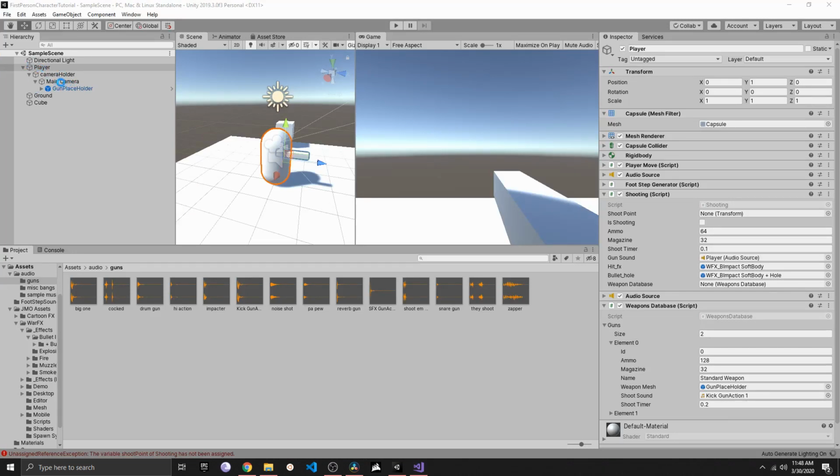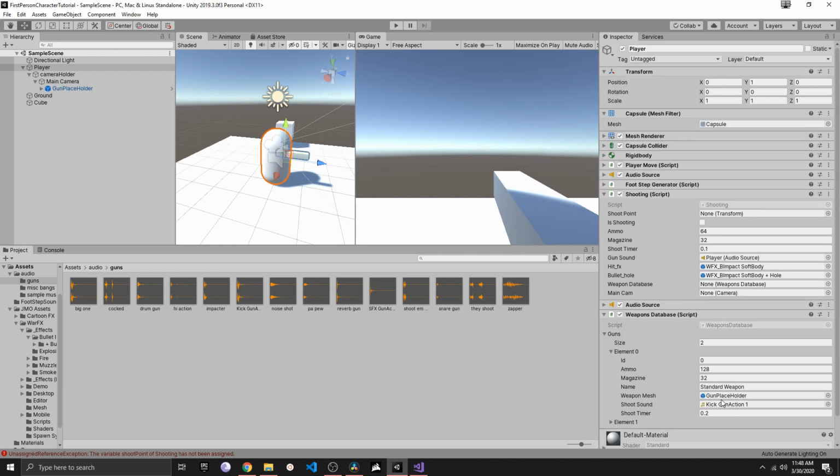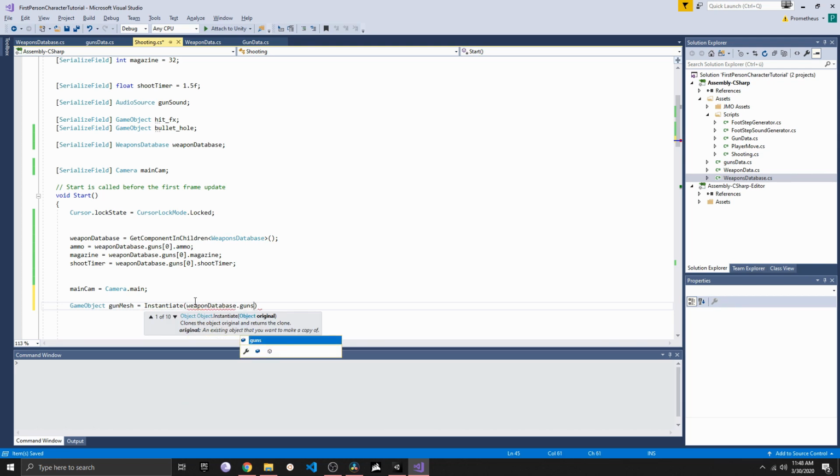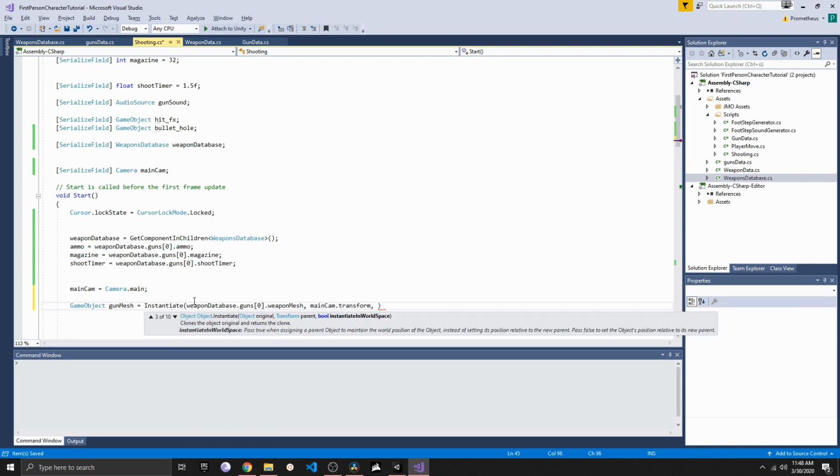And then what I want to do is instantiate the mesh that we have attached to our weapon database and attach it to the main camera, okay, so that we can dynamically render meshes. So that's actually straightforward. What we need to do is say GameObject gunMesh and make this equal to Instantiate, and then we need to grab the weapons data guns weapon mesh, and we want to instantiate this somewhere. Okay, so I want to say main cam transform, and then we also need to add rotation,